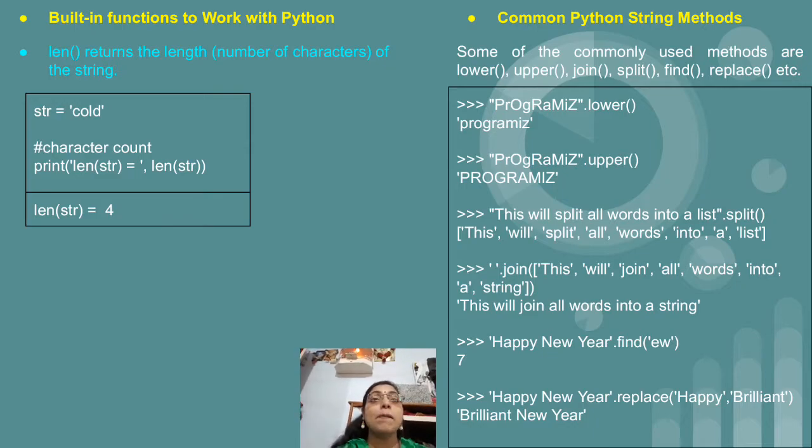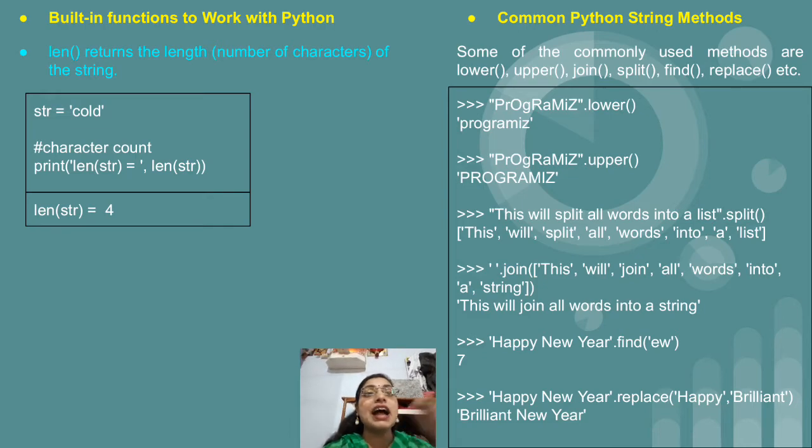Split means it divides the string into words, and the next is join. Join means it will combine the letters which we have provided in the square brackets, that is, in the form of a list. Whatever letters we have provided will be joined and it will give you the proper sentence as output. So the join method is used to join the words. And before making use of the join method, just see that within single quotes we put a space, meaning join the letters, but after each and every letter put a space. Within single quotes, if you specify a hyphen, then you will get output like this: hyphen, will, hyphen, join, hyphen, all, hyphen, words, hyphen, like that.